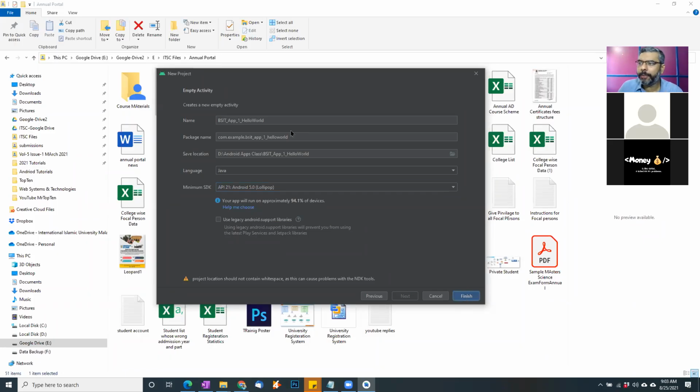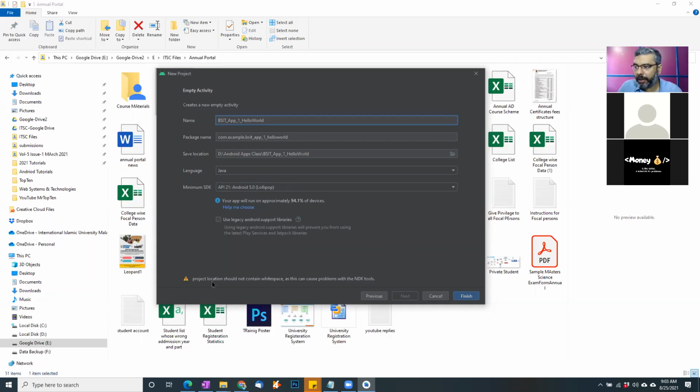Then we click on finish. So basically this is just a new project window. We don't spend that much time here. You just give it a name, let everything be default. If you want to change the location, change it. Make sure you select the Java language, and I leave the API at 21 as my default API. So we just give it the basic options. Then we come here and click on finish.